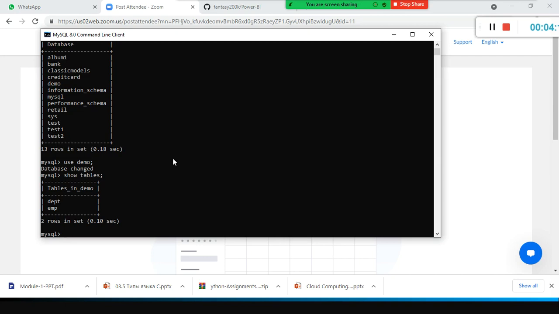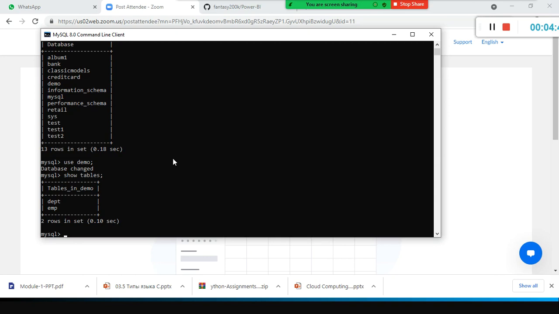If you store the data in a Windows system or Linux operating system, security is not there. Also, RDBMS stands for Relational Database Management System. You can fire a query to retrieve the data from more than one table, and you can perform joins, different types of joins like inner join. All these things we will see later. Here the data are stored in rows and columns format.